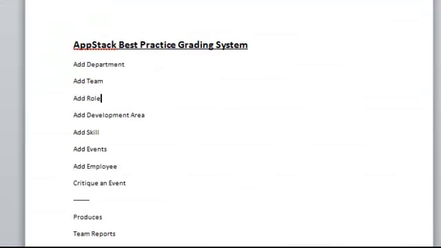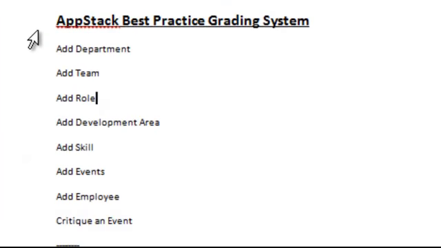So once again, we want to build it generically so we can fill in the content later for any position. We just need a system that will add department, add team, add a role, add the development area, and then add skills and events to these items. So this way, we can add an employee that will have phone call events that will require these salesmanship skills,